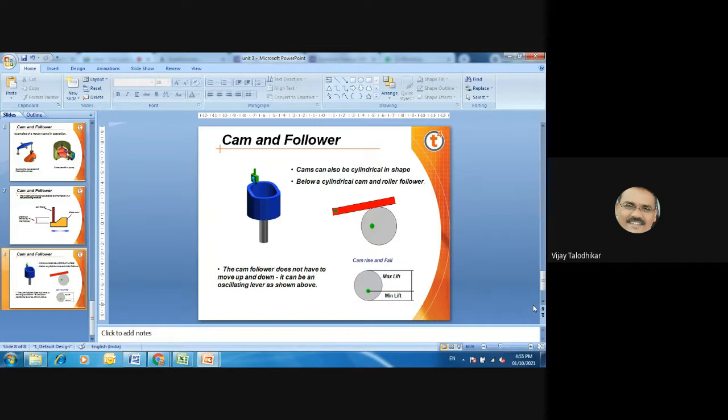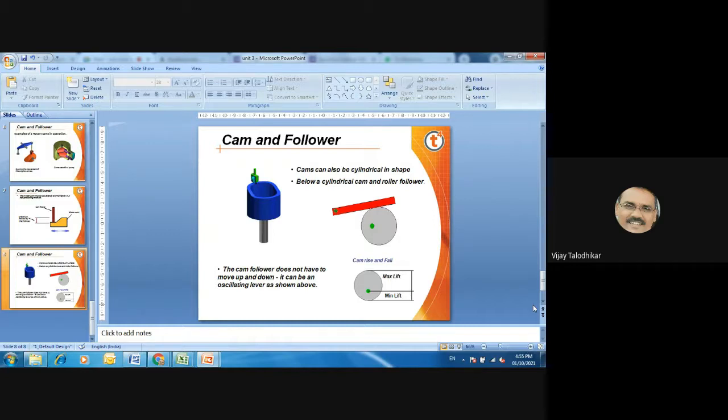Now we can say what we revised in today's lecture: what is the cam, what is the follower, how the cam is classified, how the follower is classified, what are the applications of the cam, where the cams are used, what are the different members of the cam.